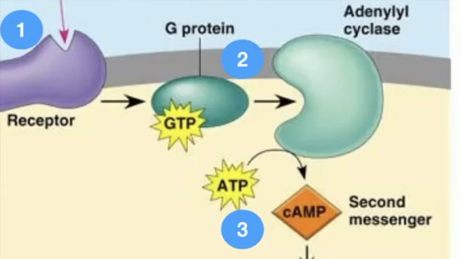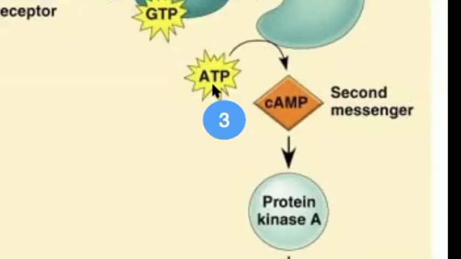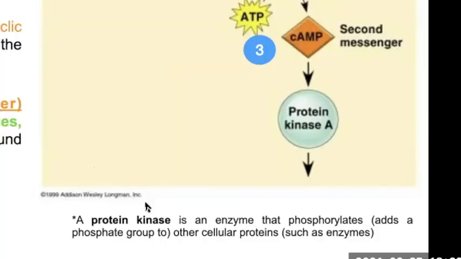And cyclic AMP is the so-called second messenger, right? So now we've got more cyclic AMP. Once you have more cyclic AMP, all sorts of crazy things can happen, but the usual first step is affecting this particular enzyme called protein kinases. And these protein kinases are enzymes that add a phosphate group